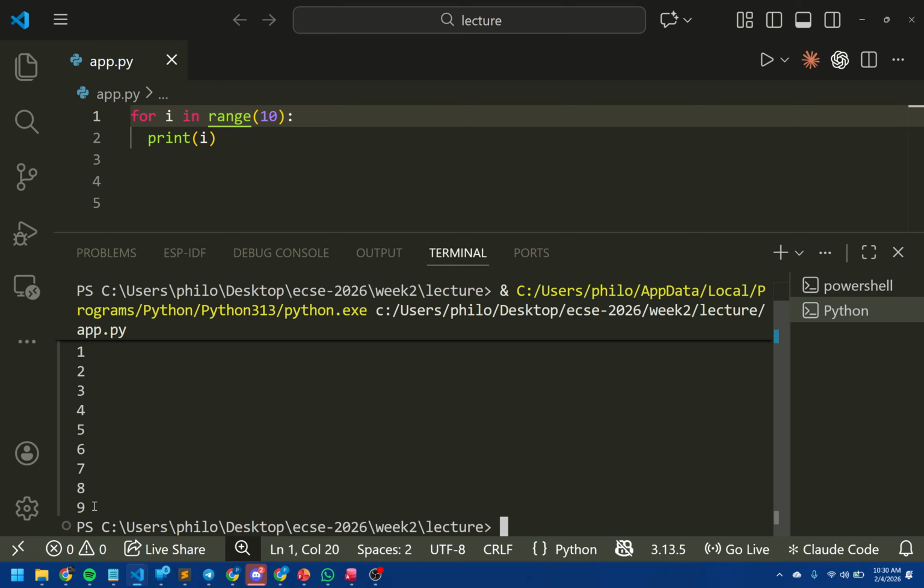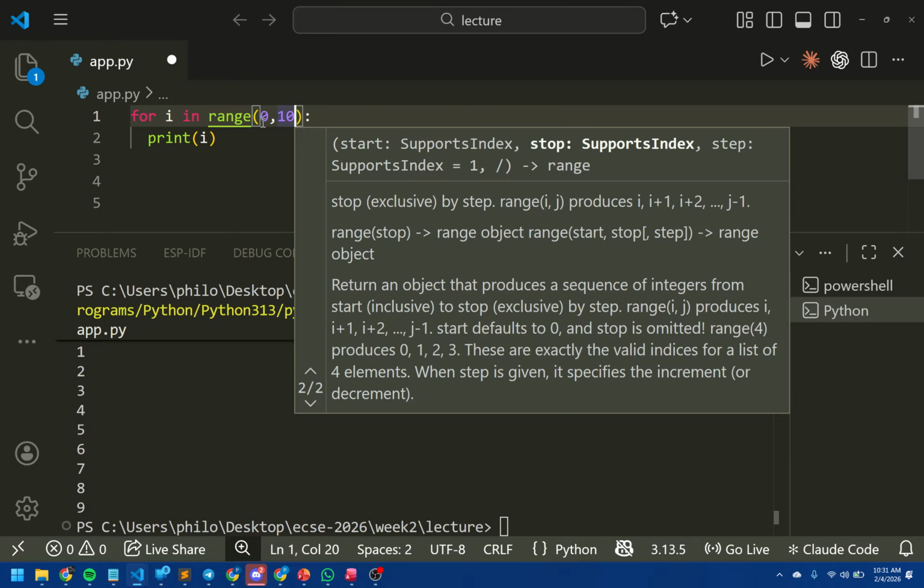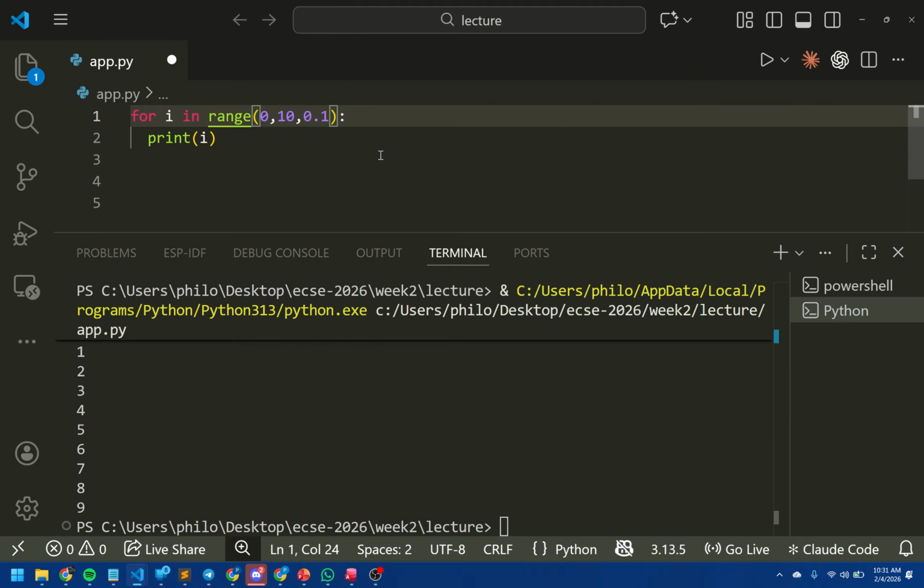So I mentioned that the starting point is optional. Another thing that's optional is the step value. The thing is, if I want to specify the step value, I have to specify the starting point too. So I have to put 0 here, and then a comma, and again say 0.1. That means it's going to start at 0, then go to 0.1, 0.2, 0.3, 0.4, all the way up to 10, or rather 9. So if I save this now,